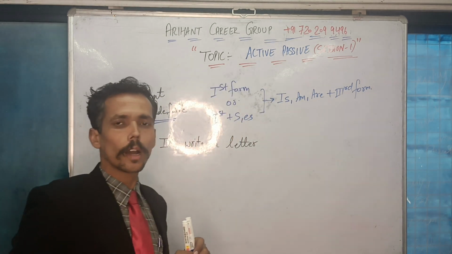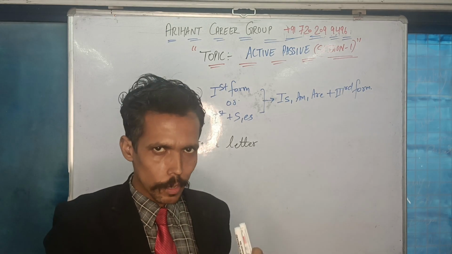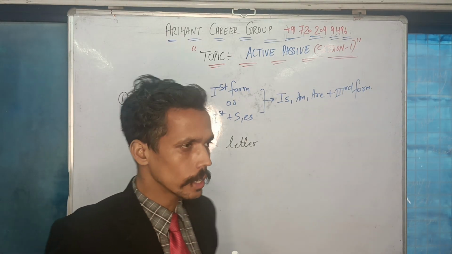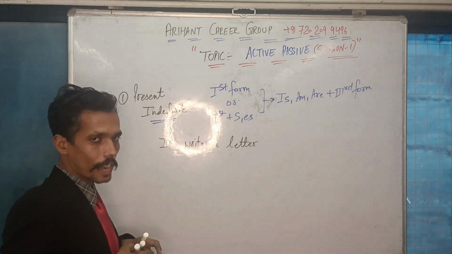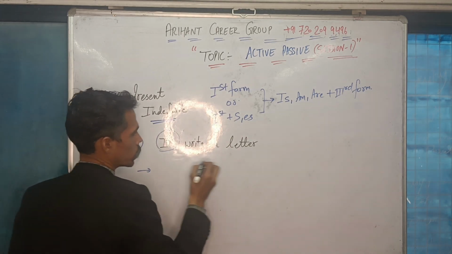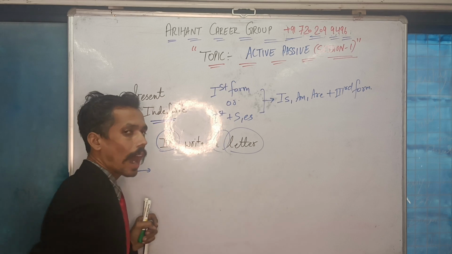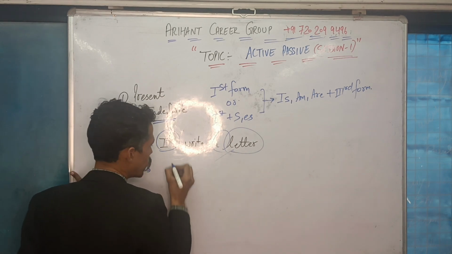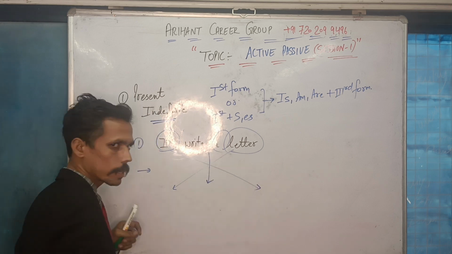I shall also be covering three types of sentences: affirmative sentence, that means positive; negative sentence; and interrogative sentence. Let us assume that the first sentence given to you is I write a letter. Here you will find a subject. This is an object, but the object is coming with an article. So what will happen? Your object will become a subject, your subject will become an object, and your verb will remain at the same place.